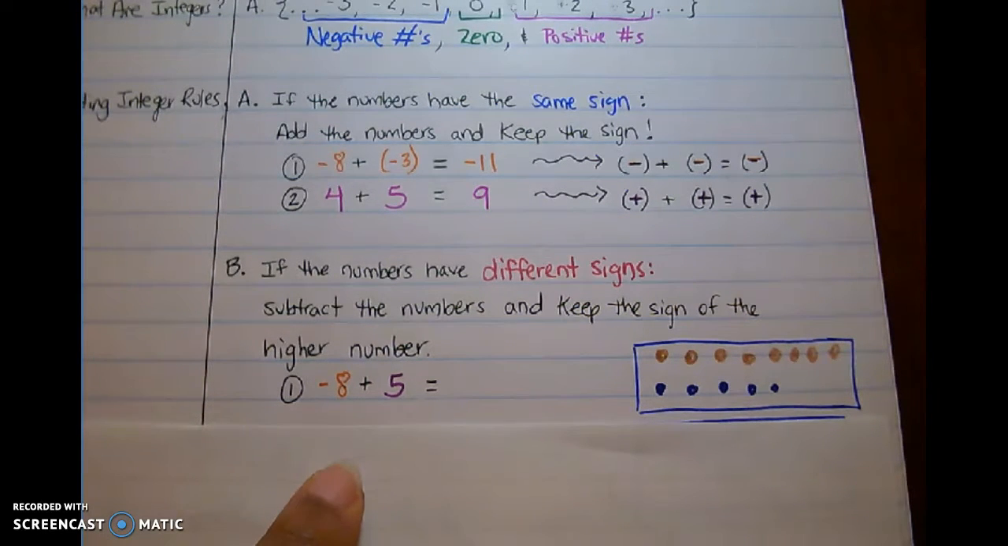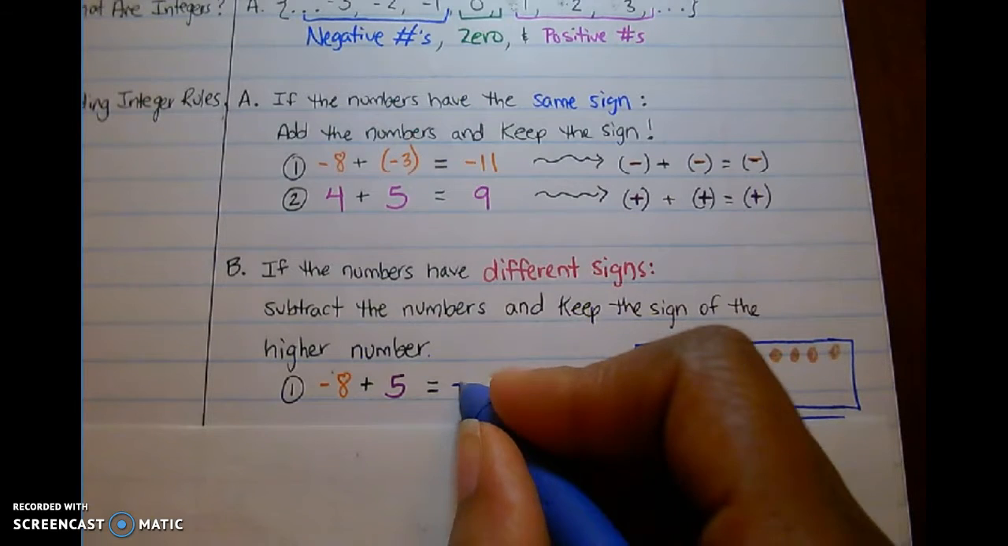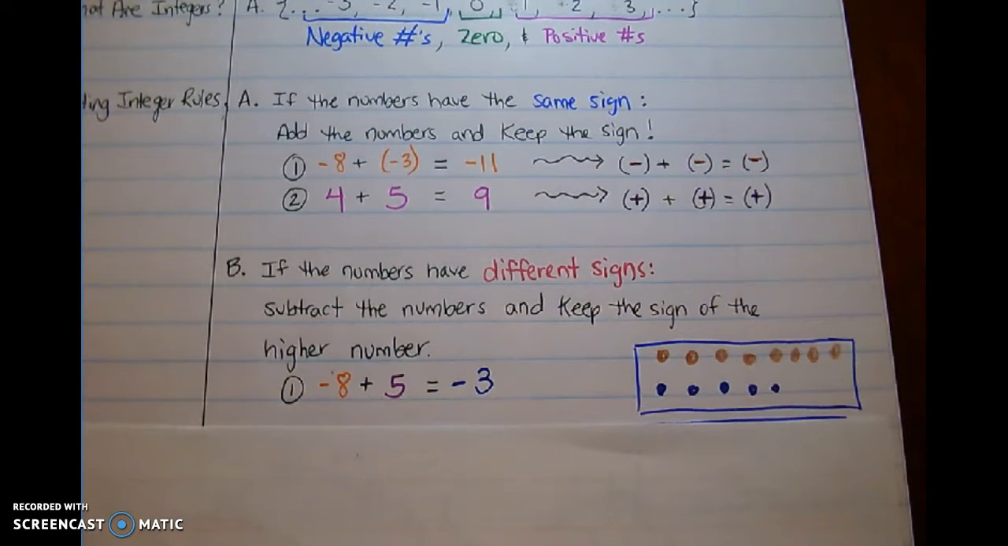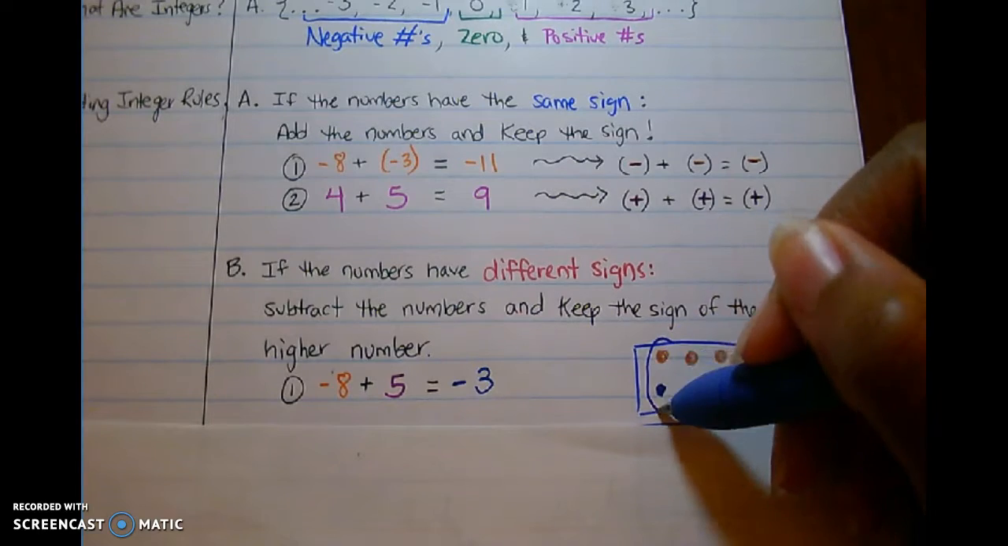Well, if I go ahead and subtract 8 from 5, that gives me 3. Which one's the higher number here? Clearly it's 8 because there's more of 8 than there is of 5. So my final answer will be -3. Okay? Just like you did in your adding integers lab, if I go ahead and circle these and zero